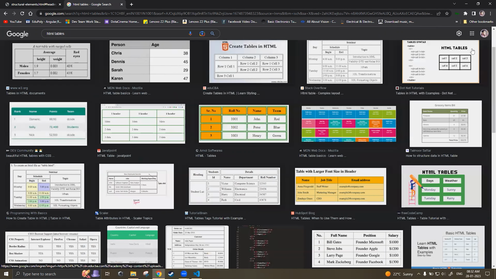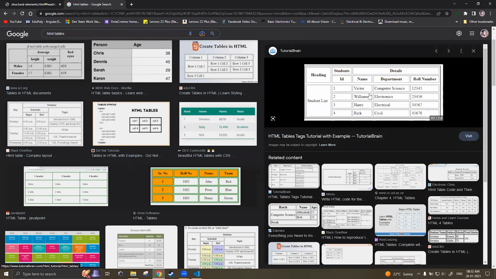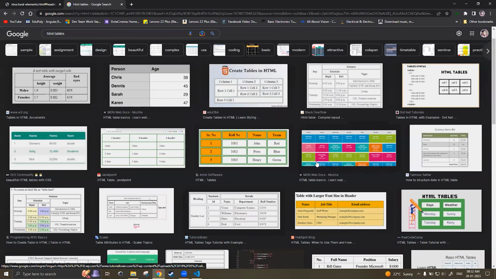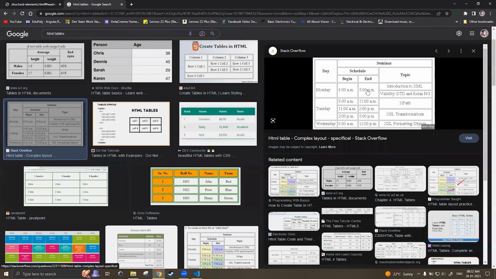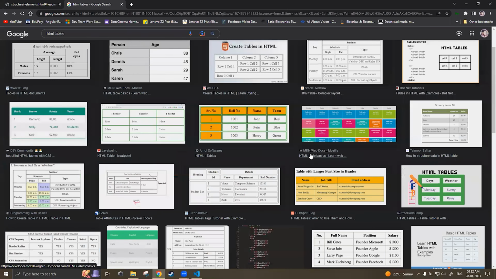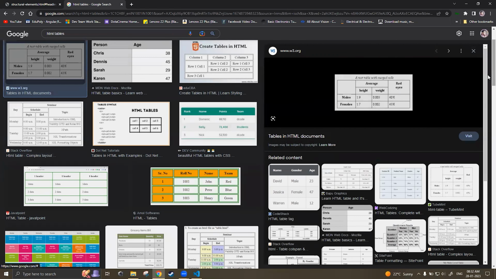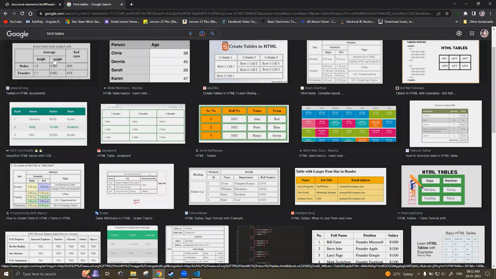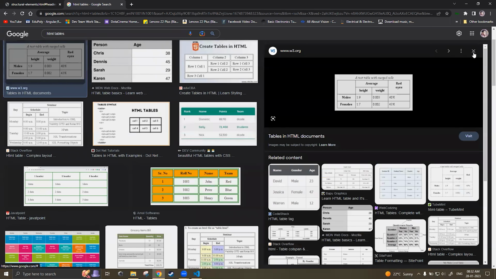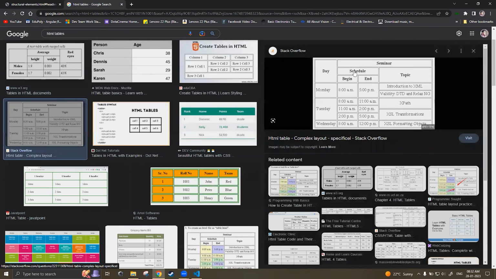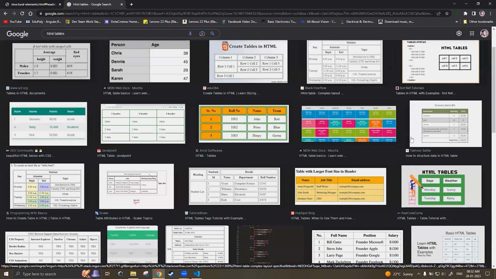Okay, so your task will be, after the end of this class, you have to try to create these kinds of tables. Okay, here you have to apply col span, row span, all those things. Okay, then we have a timetable. This also you can apply col span, row span. Then what else? Here also, this is a simple one. Here also you can apply. So these 3 tables, try to create. This average, red eye one is there. Then we have one timetable. Then we have